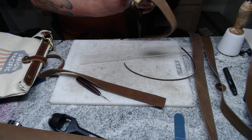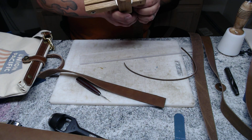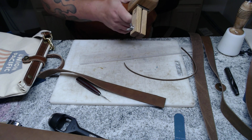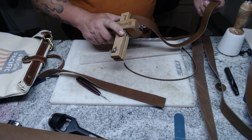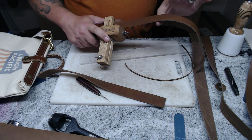So I've set it for 1 inch, and I'm just going to do the rest of this strap at the 1 inch mark. Look how much easier that is already. For people that have a hard time with the wooden strap cutter, it doesn't matter if it's this fancy one here or one of the Tandy ones or whatever. One of the biggest secrets I can tell you is